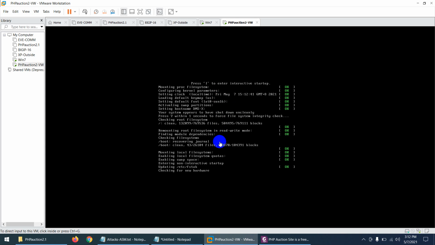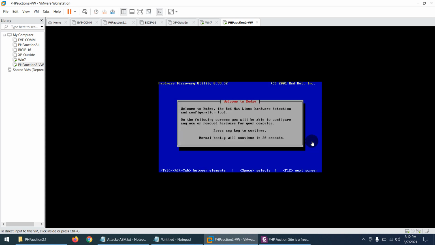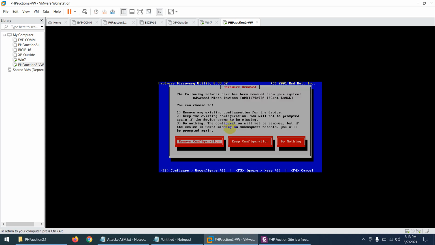So it's booting up. Let's see, maybe I did not save the setting. Two possible solutions: sometimes when you reboot, it will start working. So let's see. Okay, it says it is unable to configure, because we removed many interfaces, so it's asking that you changed some hardware. So we're gonna press any key and